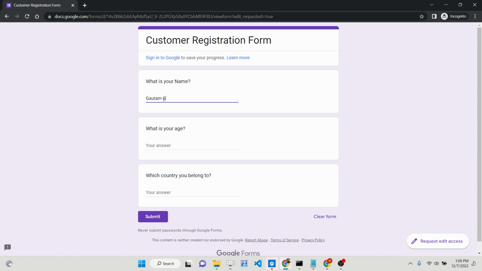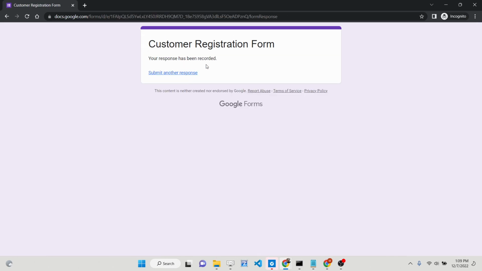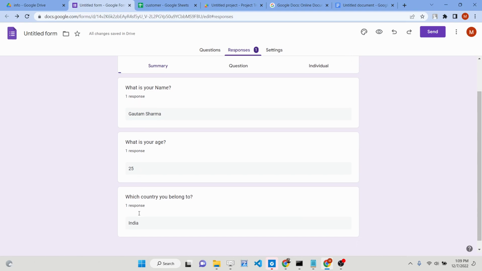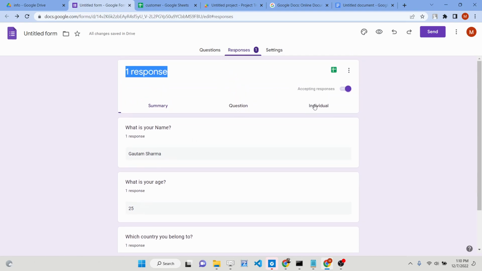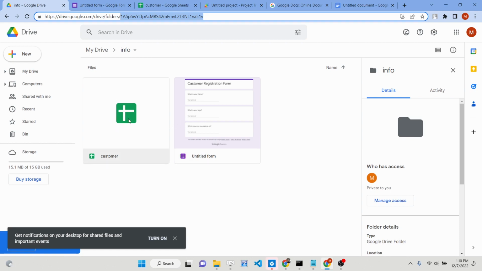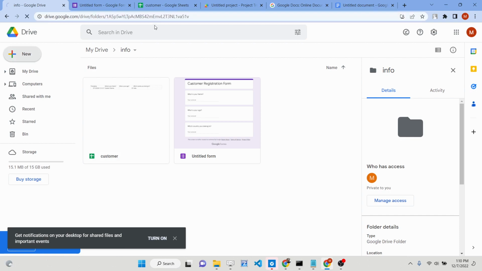Let's suppose I fill out the name, put here age, and click on submit, and now you can see your response has been recorded. Basically, if I now check here, one response has been received. You can see it, name, age, country. And if I now check the Google Sheet, you will see that the timestamp is automatically inserted. This is the name, age, country. If I check my Google Drive, you will see one file has been added, one customer is added here. If I now refresh it here,